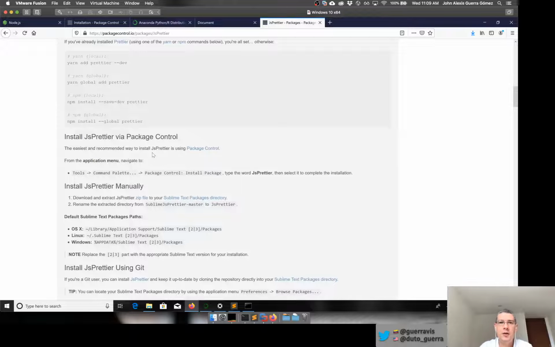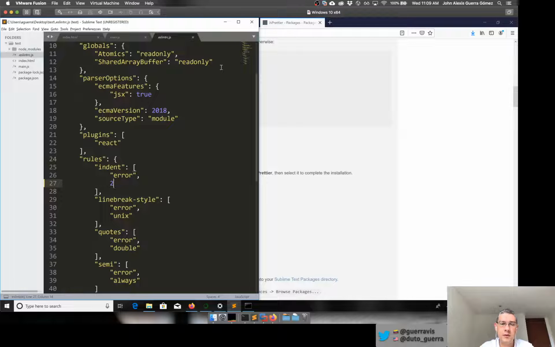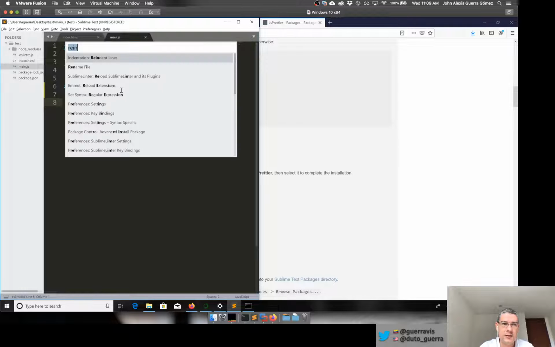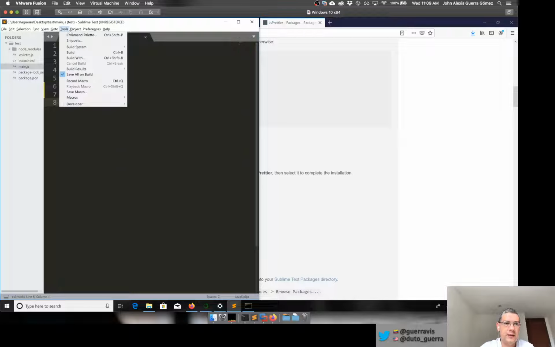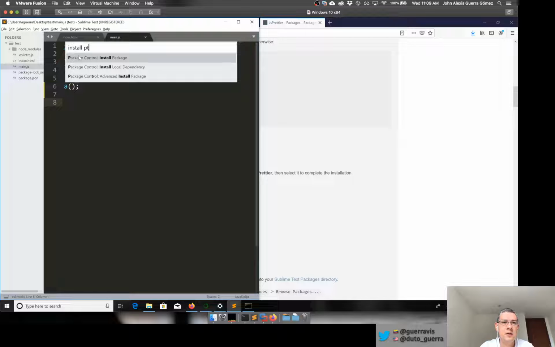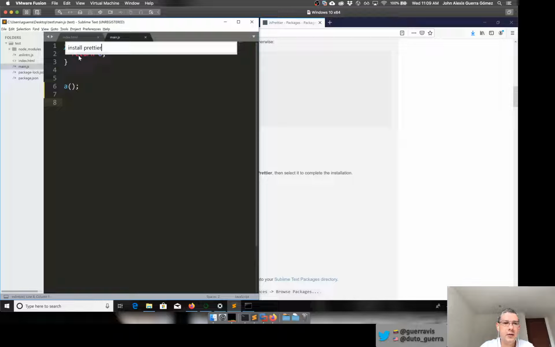It's just that usually you get lost and don't know. So I'm just showing you step by step how it works. So I'm going to install that. Again, Control Shift P, and that opens the command palette. That also you can open Tool, command palette, and then you say install Prettier, install package, and then hit enter,